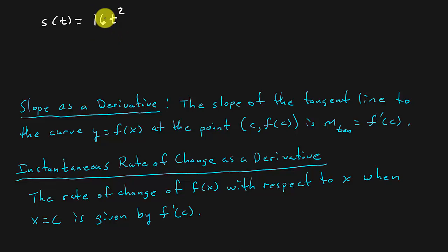Now, if we have this function that represents the position of the object, what would be the change in position? If it's fallen, what's the change in its position? Well, that would be velocity, wouldn't it? The velocity is the rate of change of the position. So if we wanted to know what's the velocity